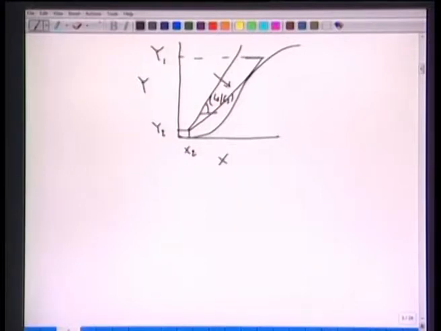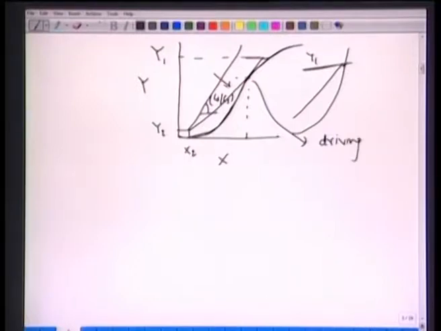Please notice the difference from the previous case, where we had the intersection right here. Right now, because of the shape of this curve, which is not concave downward like this, where we had the intersection corresponding to this y1 right here, in this case the pinch occurs right here. Here the driving force becomes 0.